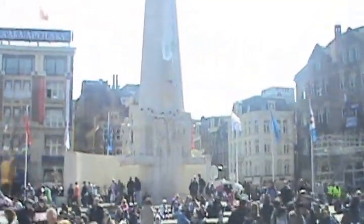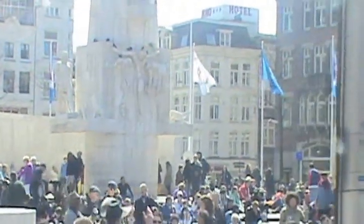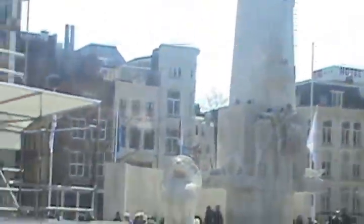On the other side of the Dam Square, you see the monument on Dam Square. That's the monument for the victims of World War II. That's how we commemorate them. And on the 4th of May, it's our Liberation Day. We celebrate that, and the Queen goes up